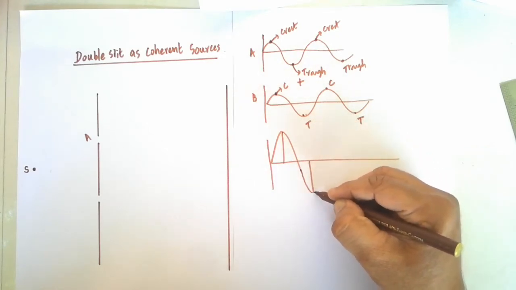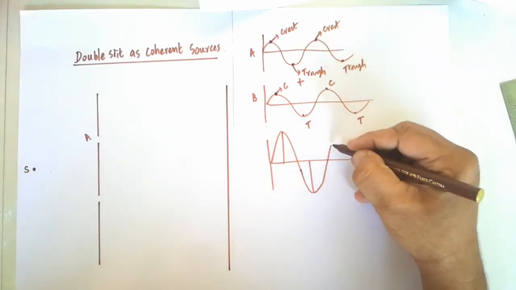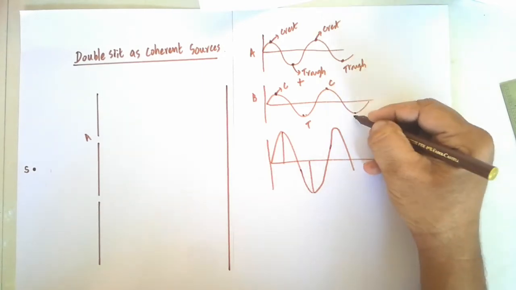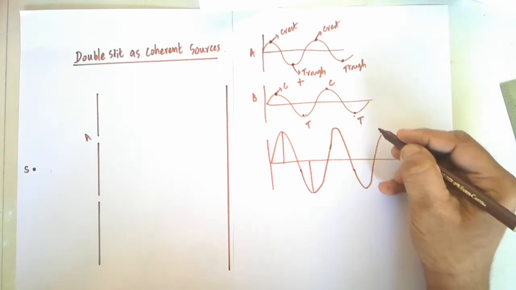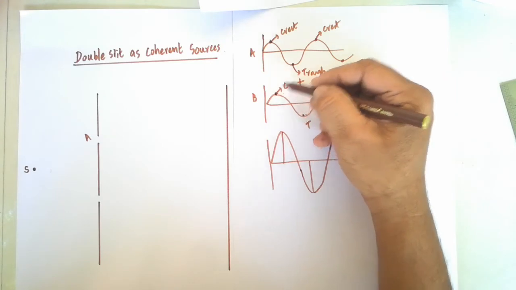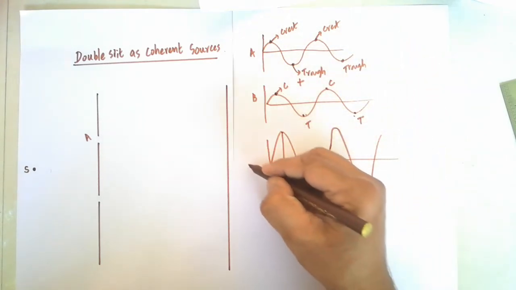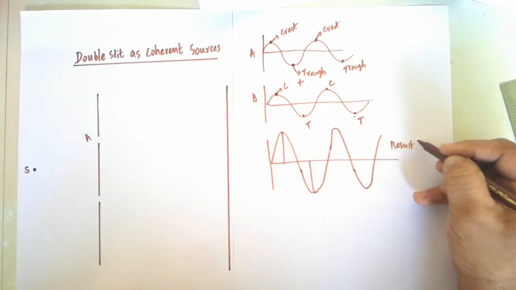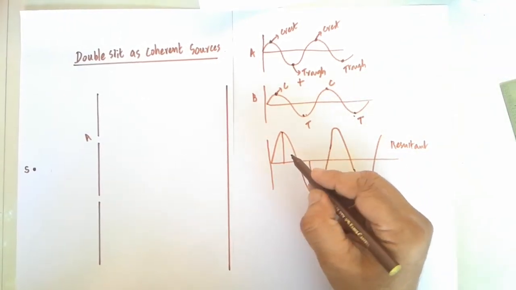So we can draw like this. Again the crest and crest are interfering with one another, therefore the amplitude becomes greater, and here the trough positions are interfering, so again constructive interference takes place. Wherever crest and crest points interfere, and wherever trough and trough points interfere, the amplitude will become greater in the resultant wave. Are you clear? So this is the superposed wave. You will get the constructive interference points.